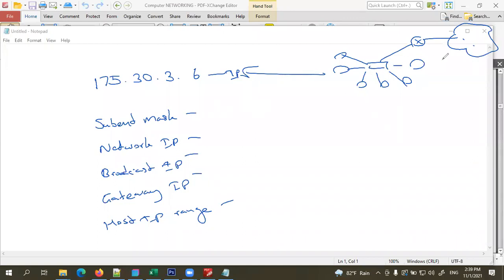So the gateway IP is this place, right? About the gateway here: anyone who needs to go outside must go through this point. If this computer needs to access a computer here, that computer must go through this point. If they need to access data from outside the network, where they should go, that is the gateway. This is where they go outside. Network means these routers here.